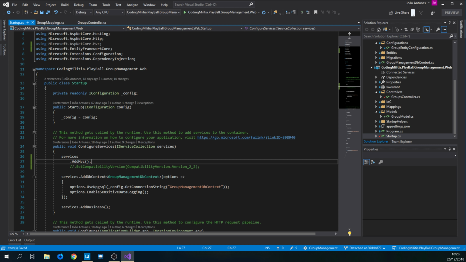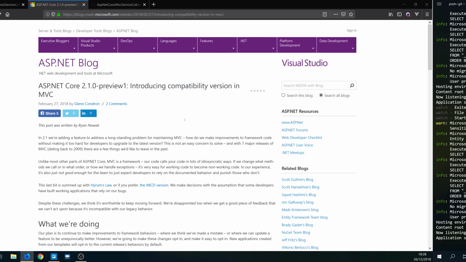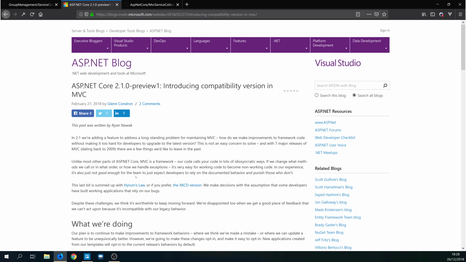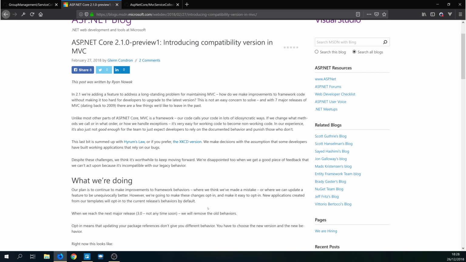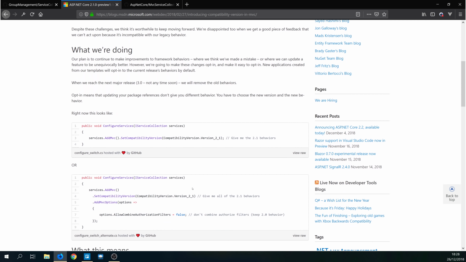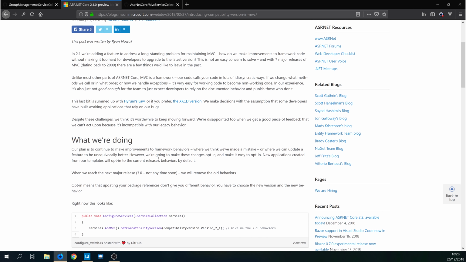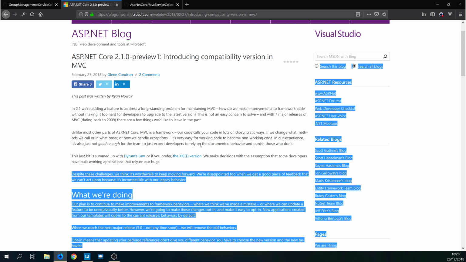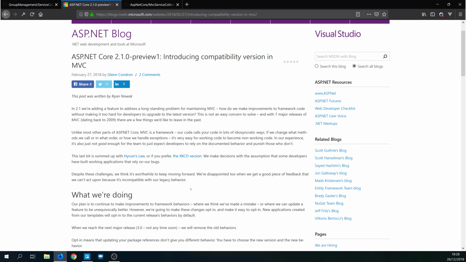Let's go here and let's put this because we want the cancellation token. So this is the article I was reading before, which is talking about exactly this. So to avoid breaking changes on minor versions,